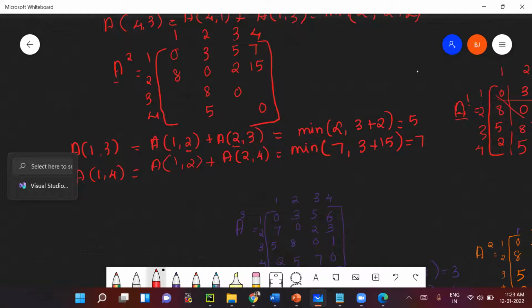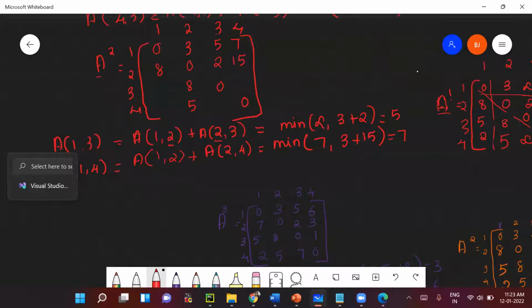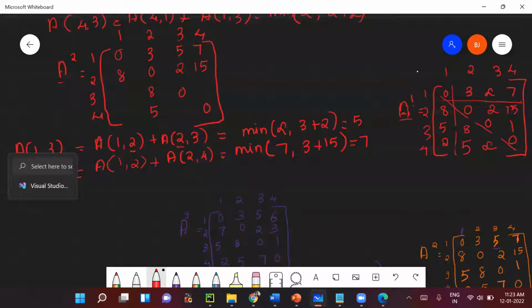The iteration is from the first value to the last value, and we will keep on using. In the first step we were using only one intermediate vertex, 1, right? In the second step we will be using 2 intermediate vertices. When we are doing it manually, if you are trying to write from the graph, you will make mistakes. If you are okay, then it is good, but you have to consider 2 intermediate vertices and update all the distances. If you are just striking and updating, then it will be very difficult to understand. Again, in the next step we will be using 1, 2 and 3 as intermediate vertices.